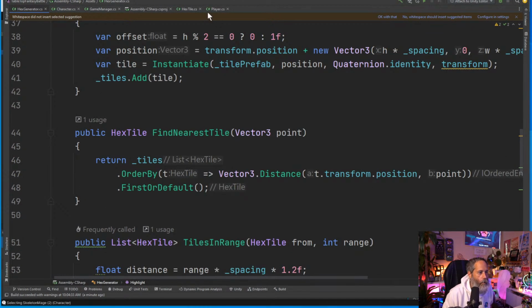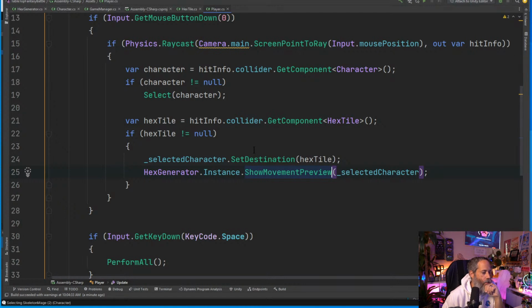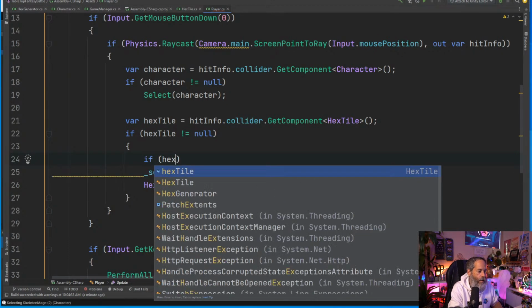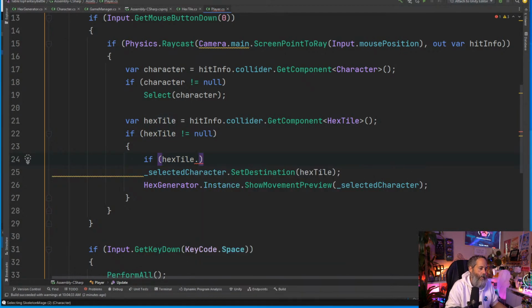So in the part where we do the destination setting, we're going to find the tile that they clicked. And here we check to see if it's not null. We just don't check to see if it's in range. So let's say if the tile is in range, then we'll also move. So say if hex tile dot,